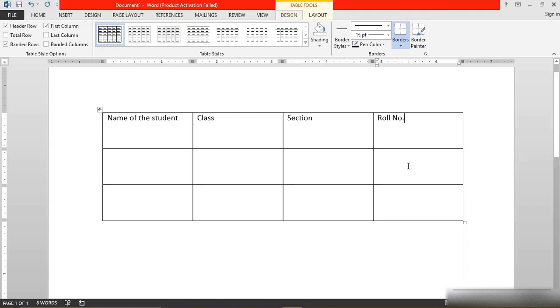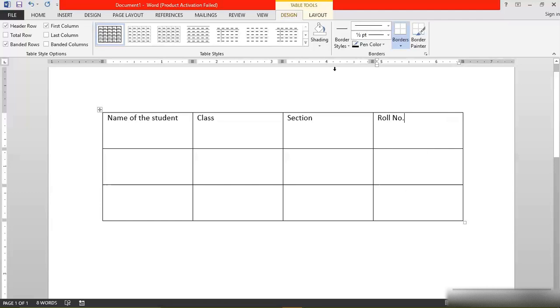You can keep it anywhere in whichever cell you want. As we are inserting a column, it doesn't matter if it is in the first row or second row or third row. It should be in that column where you want to insert the next column. So I brought the typing cursor in the last column.